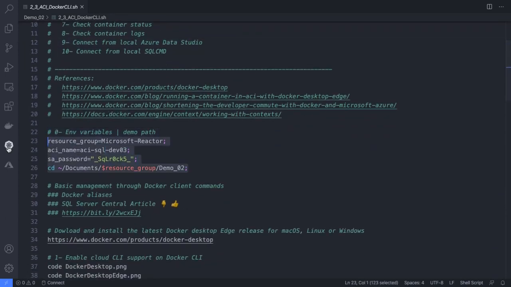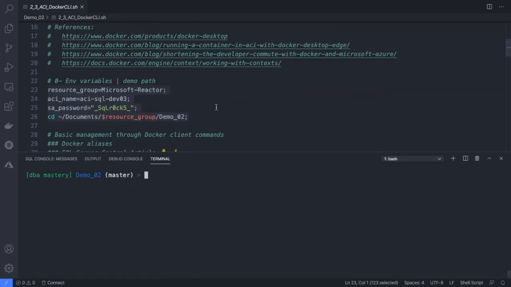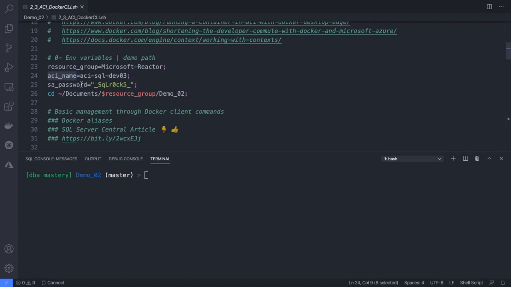Okay, let me just run these commands here. There you go. This is just some stuff I'm using. If you want to follow along with these demos, you can just assign any values to these variables. Of course, you need to have a resource group, and there is a name of my ACI and the SA password and my